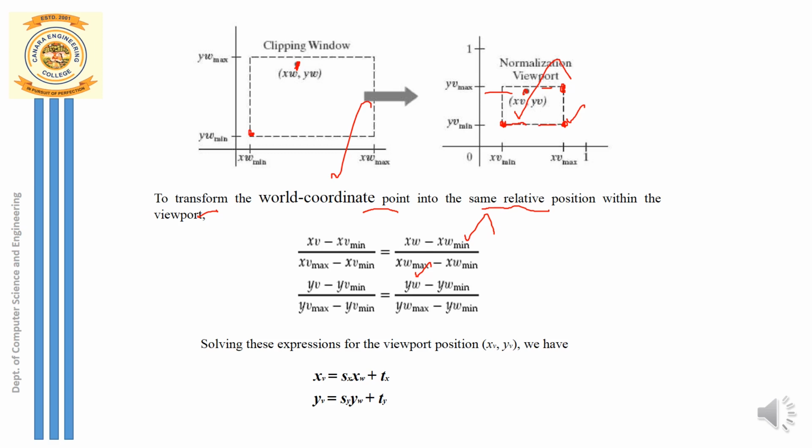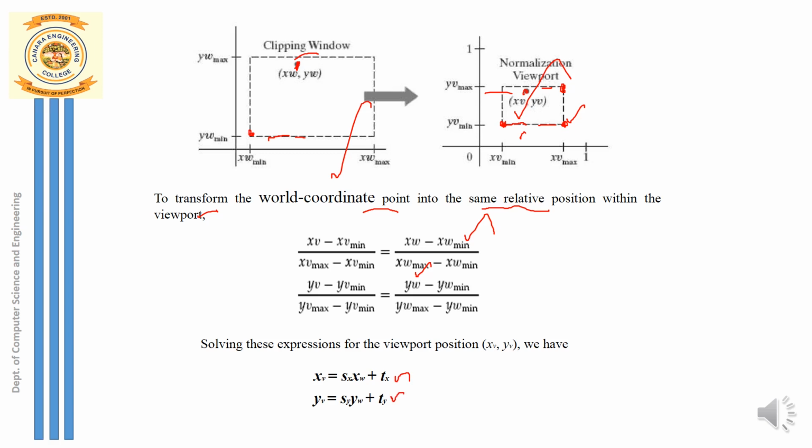Okay, so this gives you the position with respect to the viewport, which is equal to (yw minus yw min) divided by (yw max minus yw min). Okay, so these are the two equations to obtain the relative position within the viewport. So once these two equations are done, now I can rewrite these equations in the form